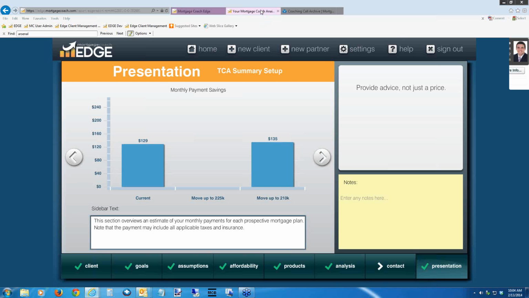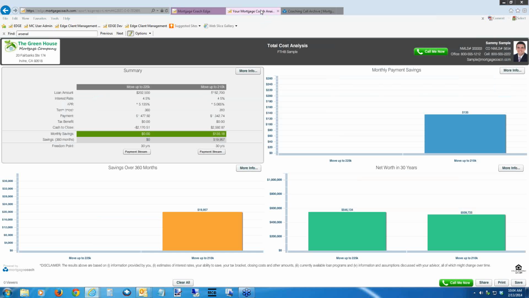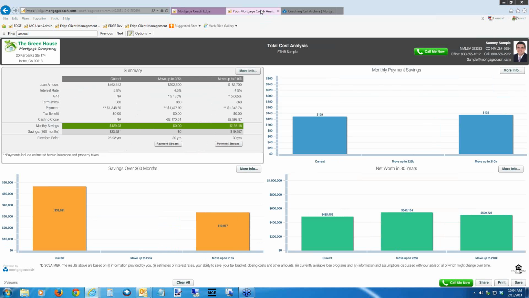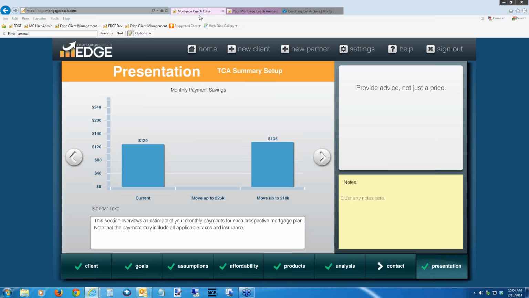So now that we've got those all in there, if I jump back over to my report, since I just hit the save button, it'll take a couple of seconds, but we should see their current mortgage pop into view. And there we go. So as you can see on the current mortgage, we're showing a pretty significant savings here. But what if we just want to benchmark against the current mortgage? We never want to show a savings on the current. So what we can do is show a negative savings on this 225 and a negative savings on this 210. To do that, go back into Edge, go straight to your analysis screen,